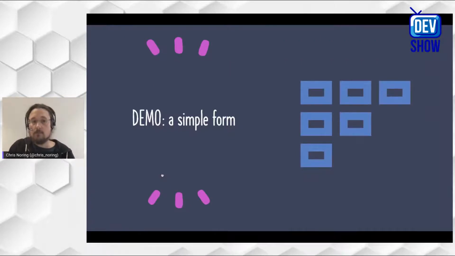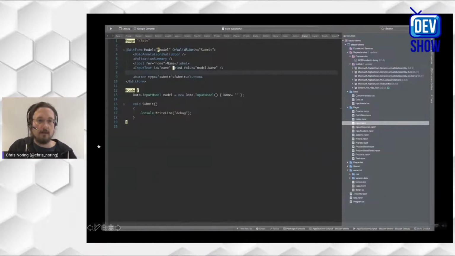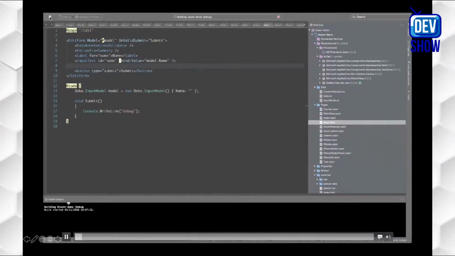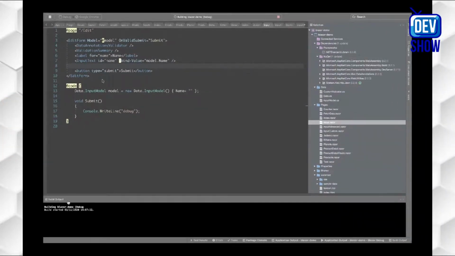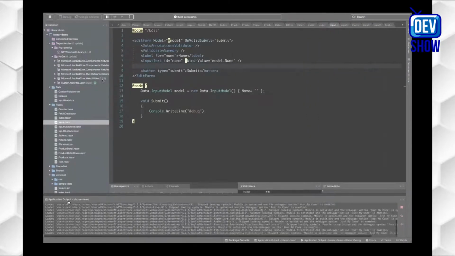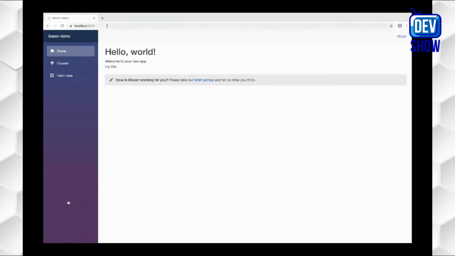Right, but let's look at this in code. Again, PowerPoints are one thing, seeing it in code is another. So let's have a look at a simple form. So here we have an edit form, and the first thing we did is to start the application. So we are just waiting for the browser here to pop up once it built everything. And I just wanted to take you through a scenario in which our very simple form,